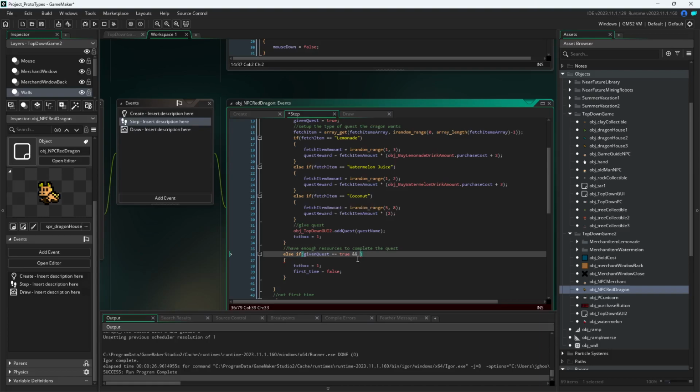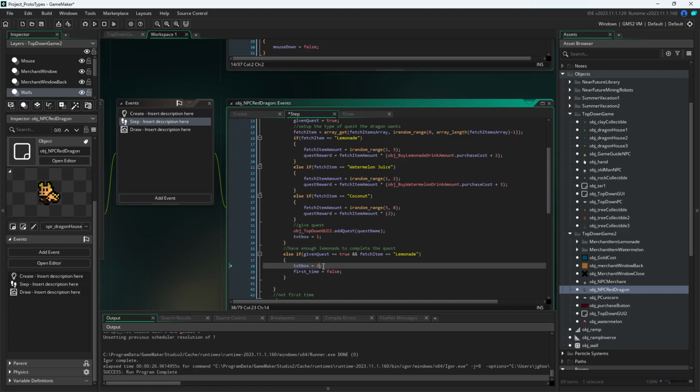It's just a lot of code. Okay, well, let's just say else if the quest is equal to true and the fetch item is equal to lemonade. So if they have enough lemonade to complete the quest, we're gonna say